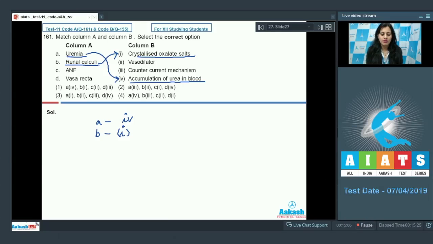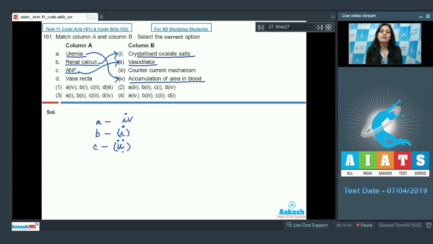The next option in column A is ANF. ANF represents atrial natriuretic factor, and it is a factor which is released in response to high blood pressure or high blood volume or high glomerular filtration rate, and this ANF is released from the wall of atria of the heart and causes vasodilation. So C in column A goes with the second option in column B,